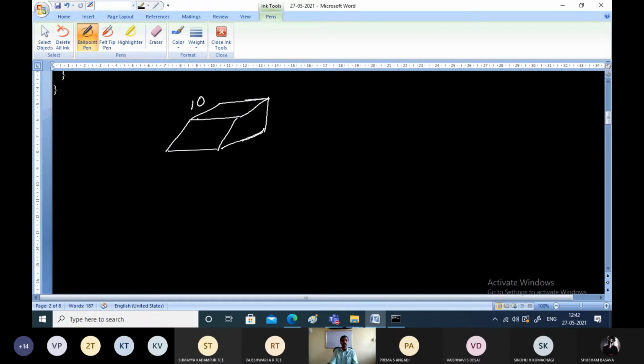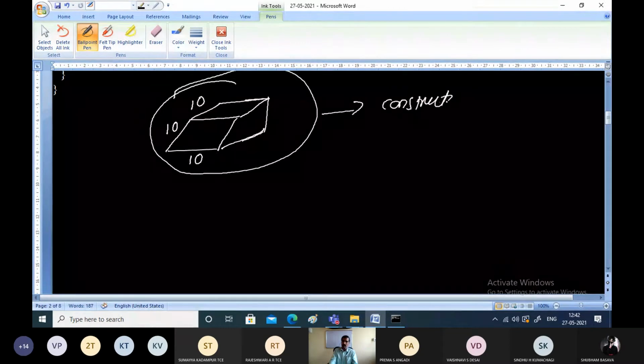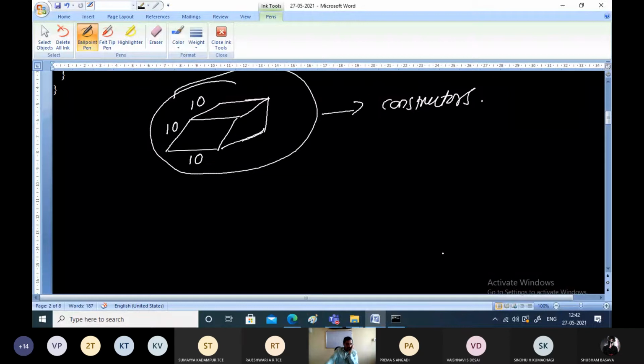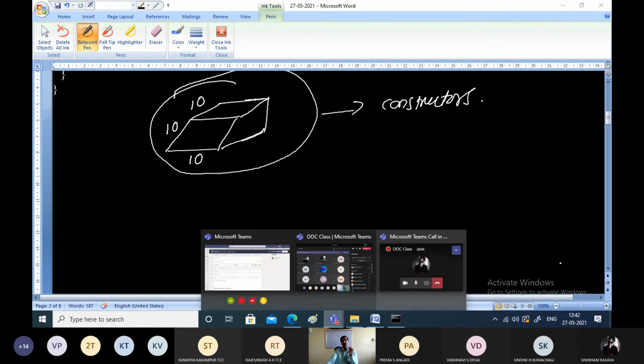That means it should have 10 centimeters depth, 10 centimeters height and 10 centimeters width. Whenever you create the object, you should have this default value. Later you can change it. That is possible with the help of constructors. We can make use of constructors for assigning initial values for the objects.